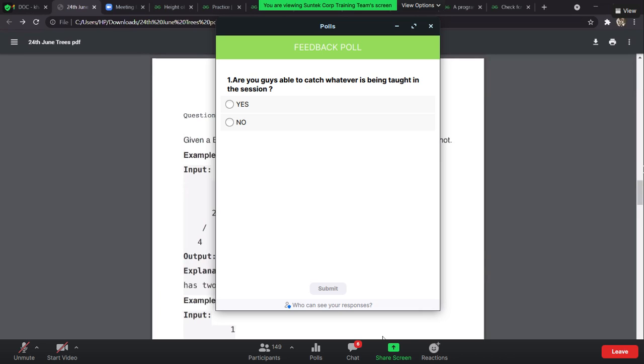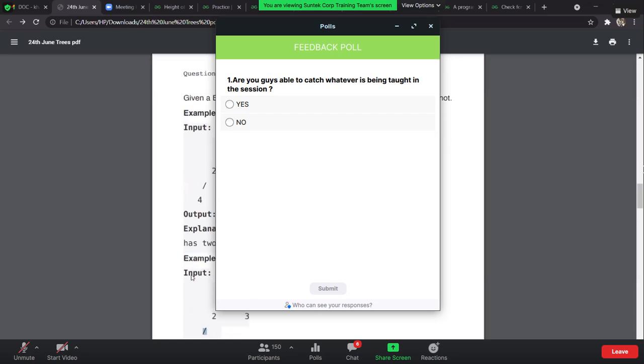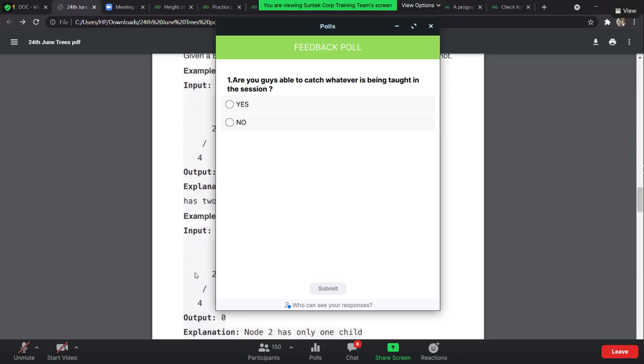Okay, let me give you a clue for this. If we have a look at the second one, is it a full binary tree or not? Okay, checking root, left, right: both null or both not null.